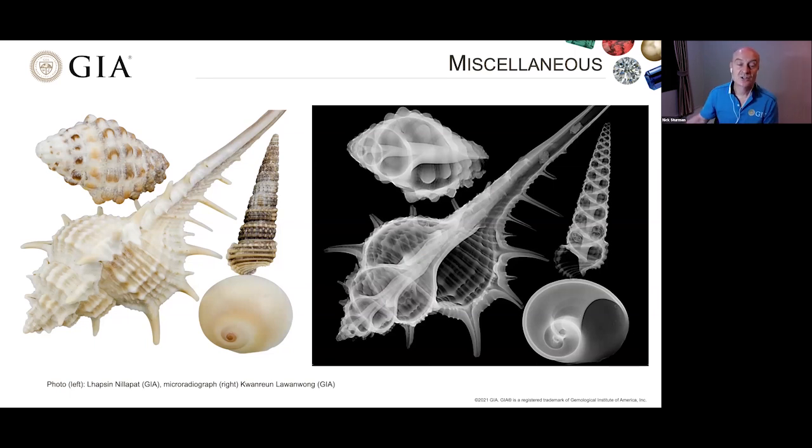We have a collection of shells here, they're all relatively small shells to fit in the field of view of the X-ray machine. And when we X-rayed them, you can see that they have very beautiful structures. So X-rays do reveal some amazing things when opaque items are analyzed with them. You can see the very nice structure and the typical features here towards the wall of the shell.